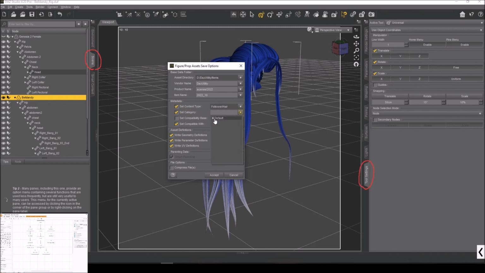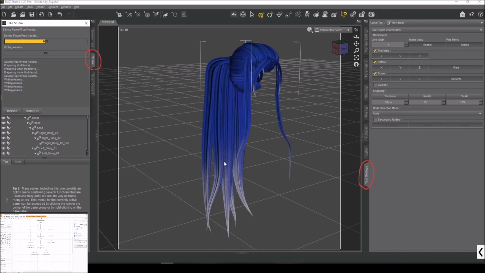Set category is default hair long. It is compatible with Genesis 2 female, every kind of Genesis 2 female. Product name is probably Goddess hair. Vendor name would be mine. I don't care. I'm not going to sell this. Item name. Why not Beldandy? Okay. So now we save this